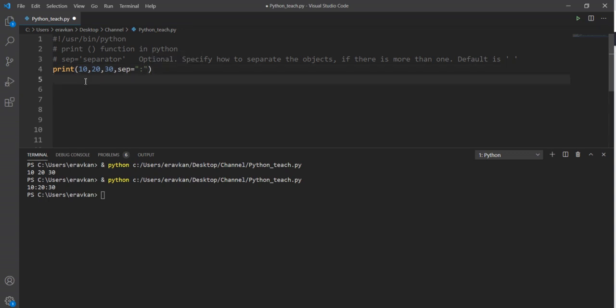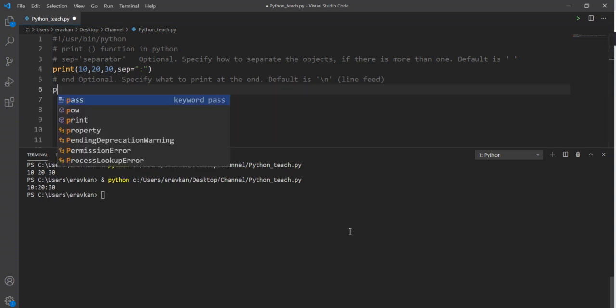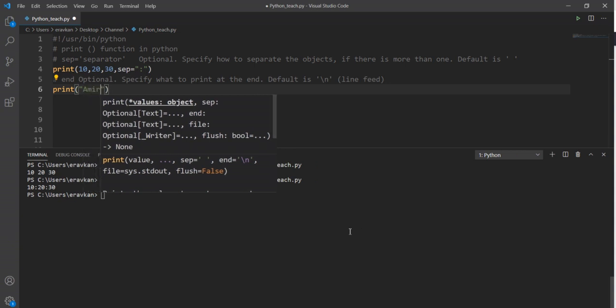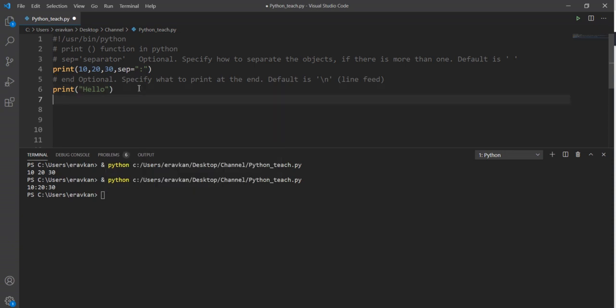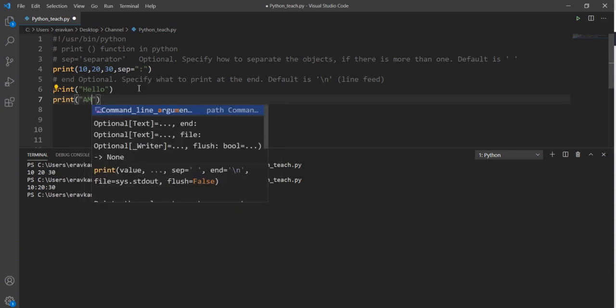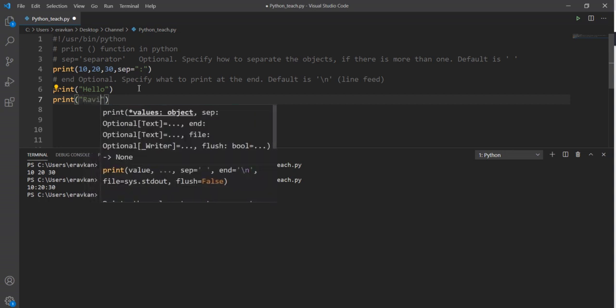Okay. Then one more concept is end, and it is used with the print function. The end option specifies what to print at the end. Suppose I print hello, and then I use another print, hello Ravi.